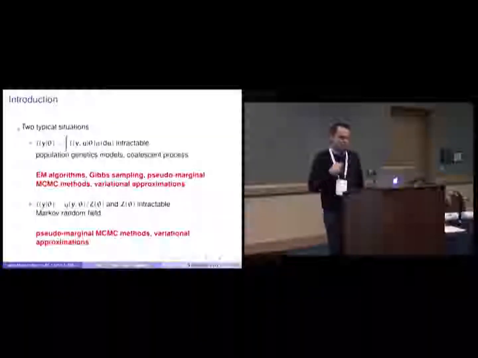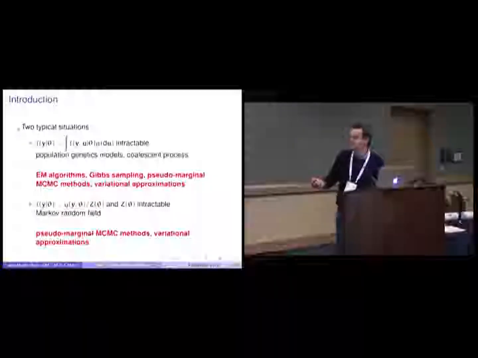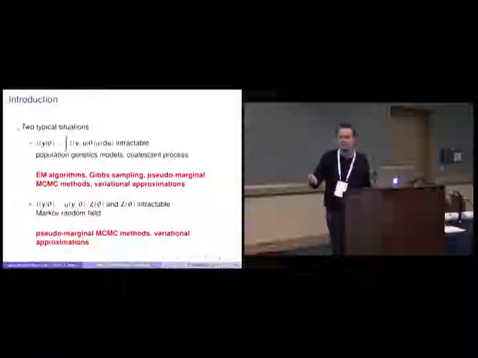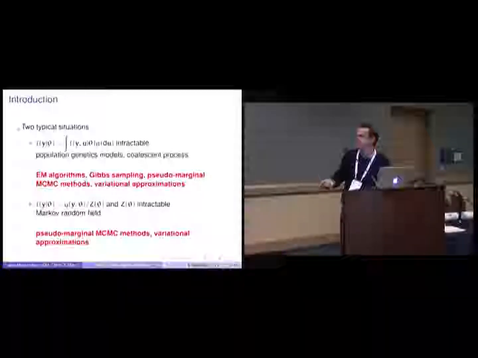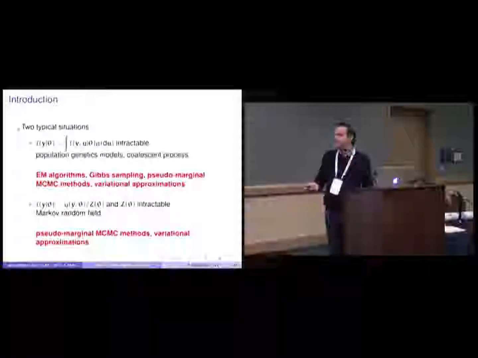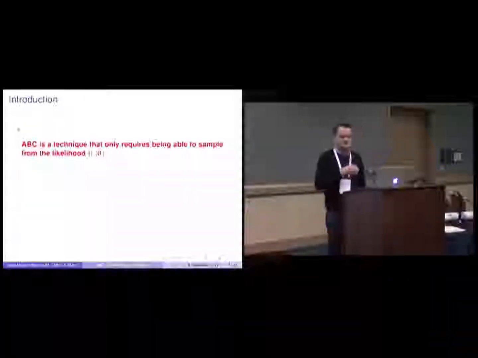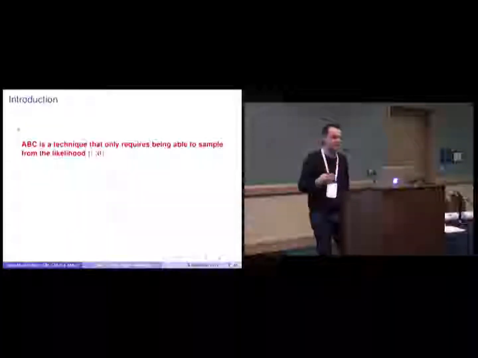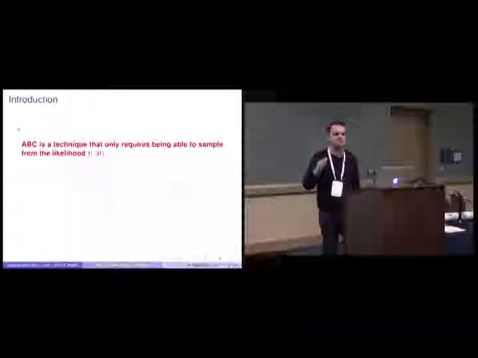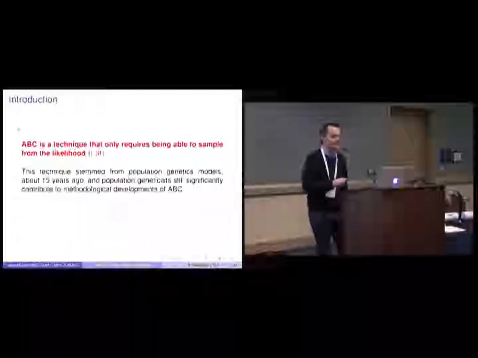So, once again, I will concentrate on this latent variable part, but I will introduce an alternative to all these methods to deal with the intractability of the likelihood. Here, ABC is a technique that only requires being able to sample from the likelihood, so you only need to be able to sample from the likelihood, and